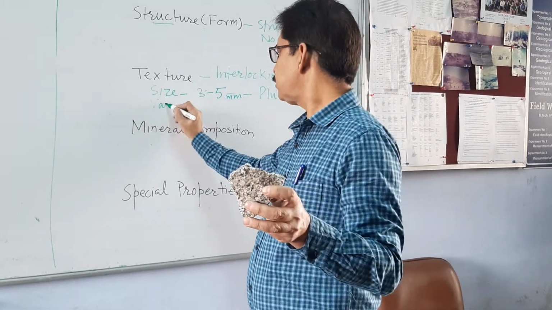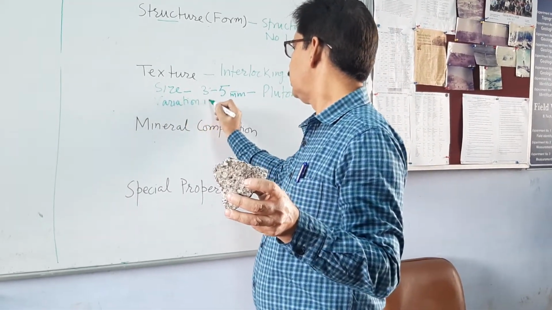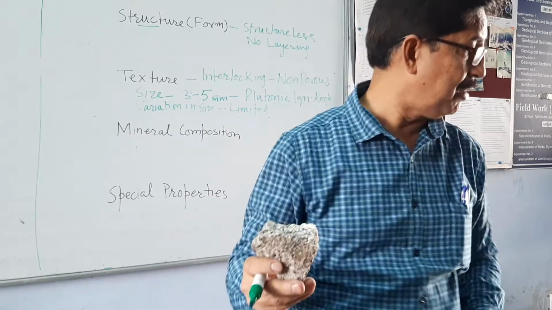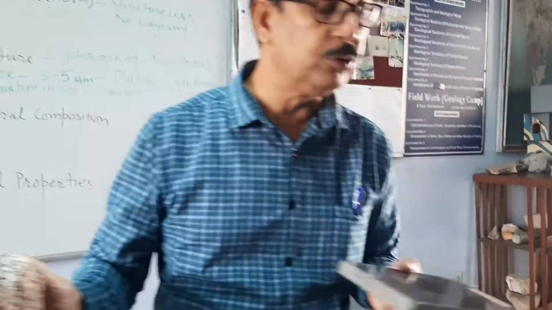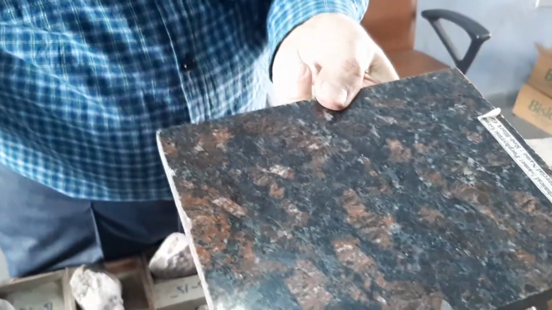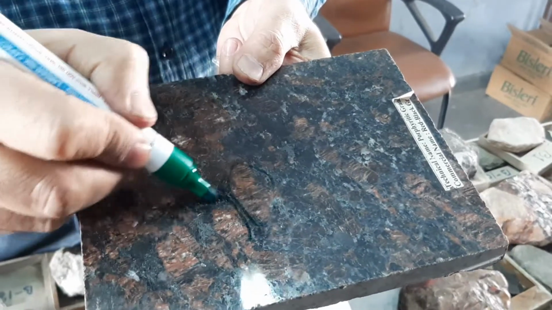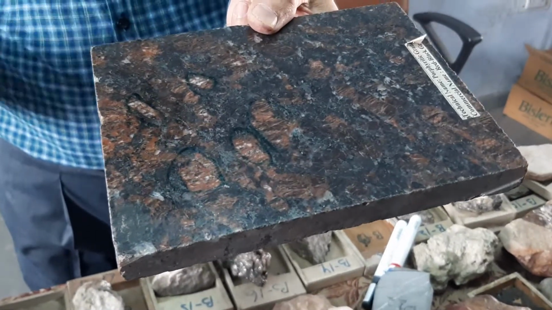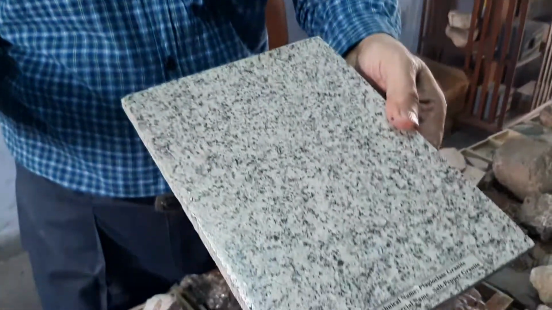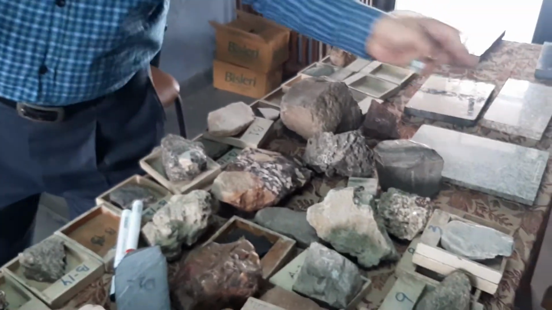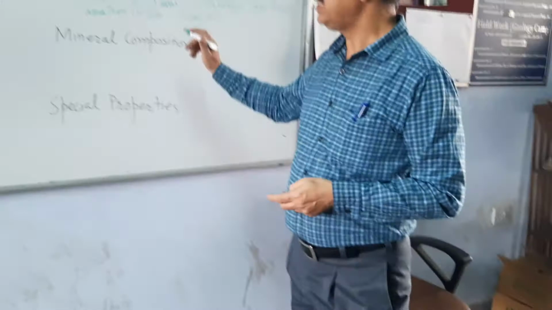Variation in size is very limited as far as this sample is concerned. But if I show you this rock, this rock has got some big crystals of some minerals, you see. So here variation of size is more as compared to this rock. See here also, not much variation in size, which is typical of plutonic igneous rocks. The maximum variation in size used to be in volcanic rock. So variation in size is limited.